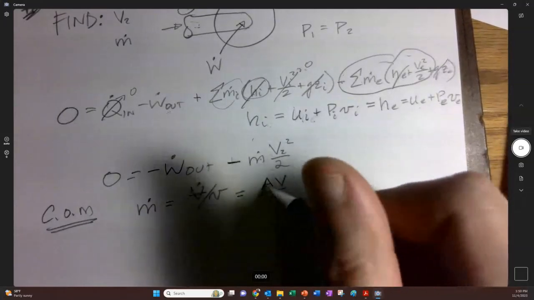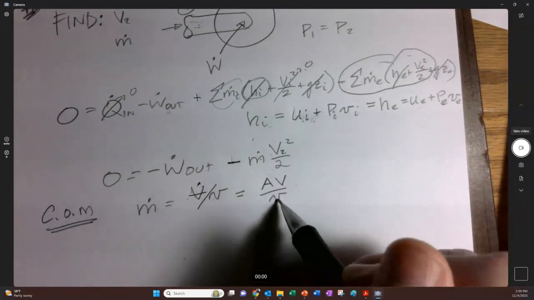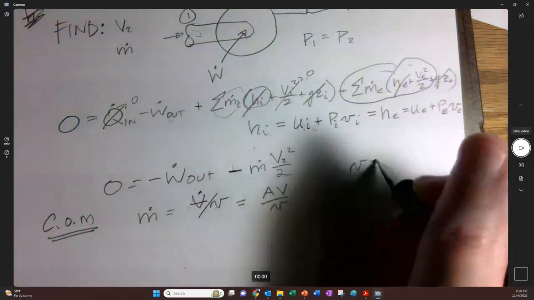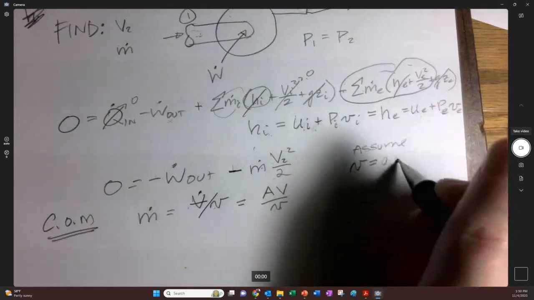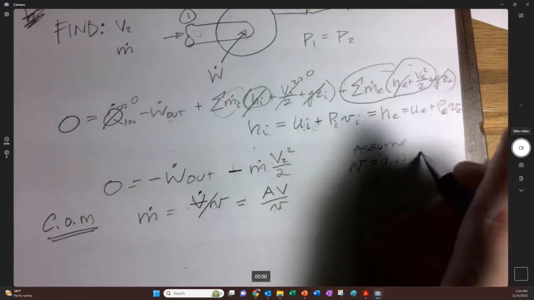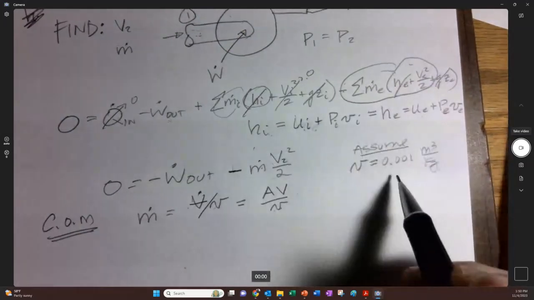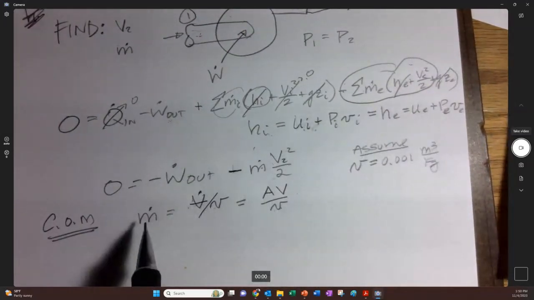We could look this up for that temperature, but we could also just assume, for time's sake, that that is true, and it usually is for water. So we have this for water, and we can find area, so we could get